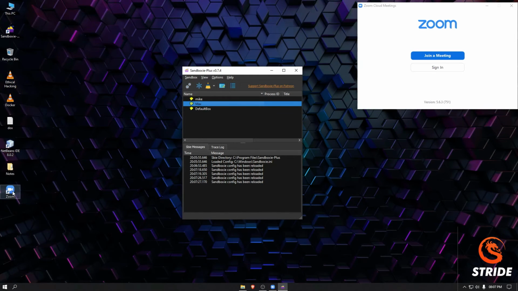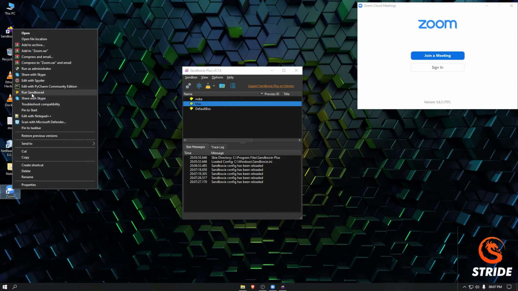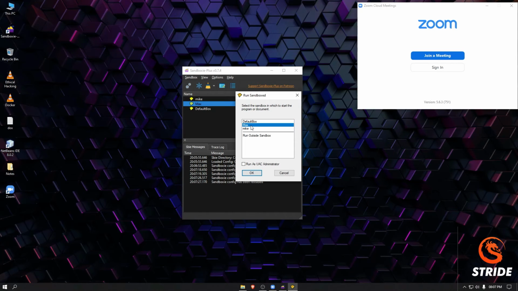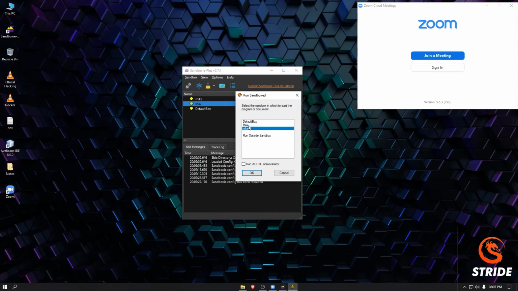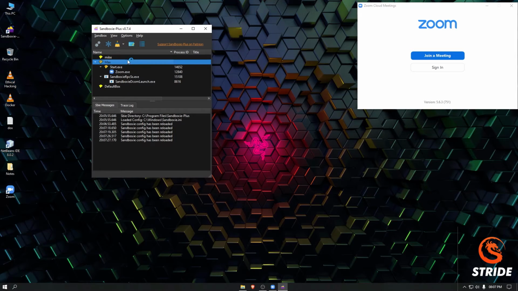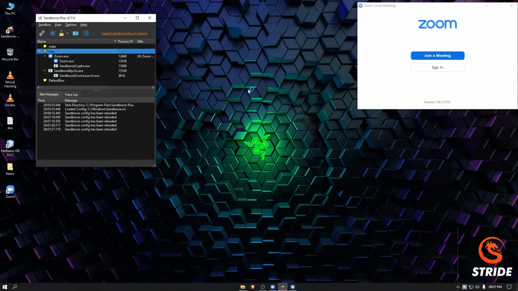Now go to the Zoom app and right click. You can see Run Sandboxed. Click on this and you'll get this dialog box, and you can choose the sandbox which you have created. As you can see, we have created the virtual Zoom client, and it has been opened.